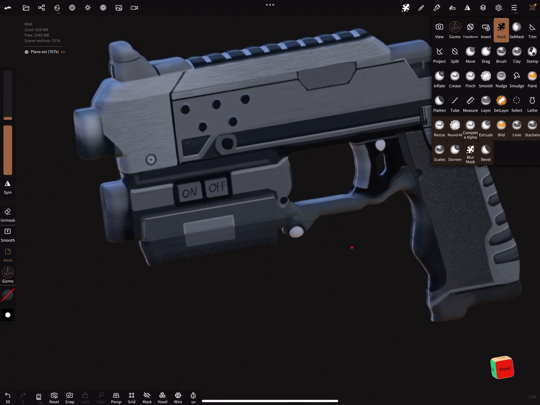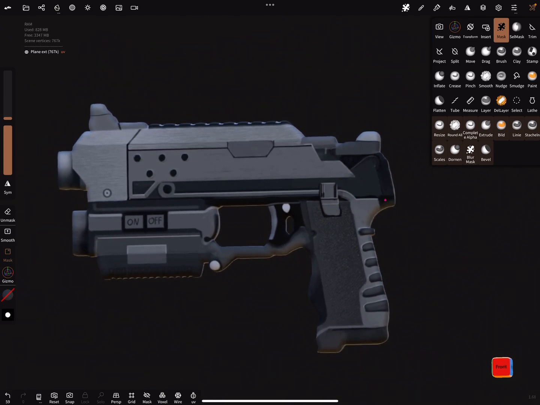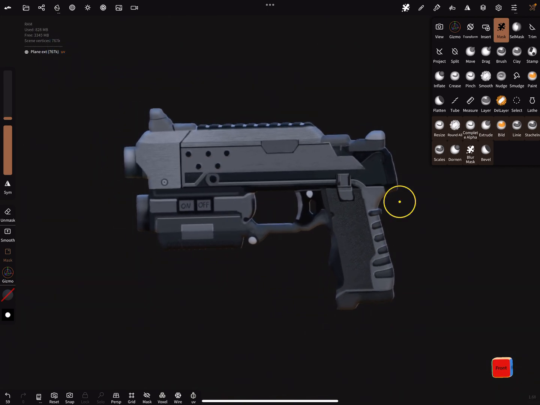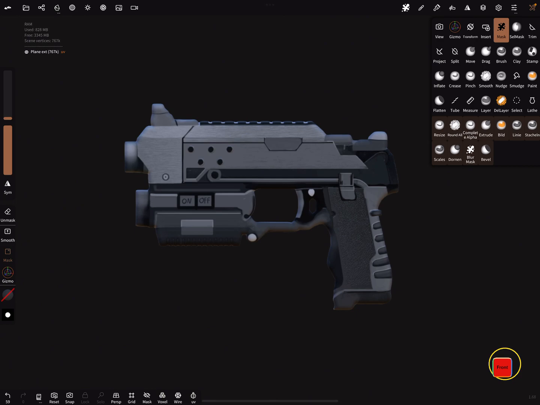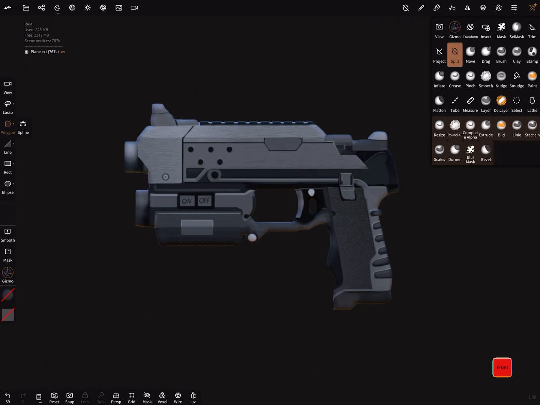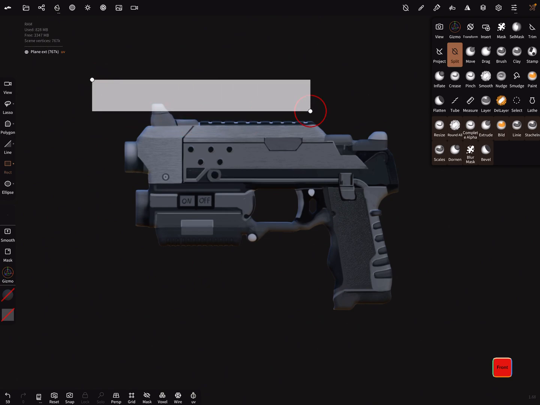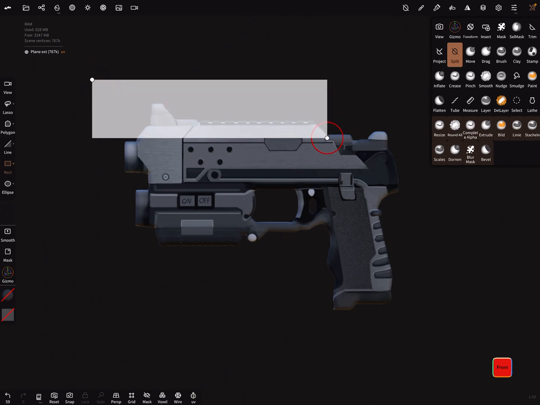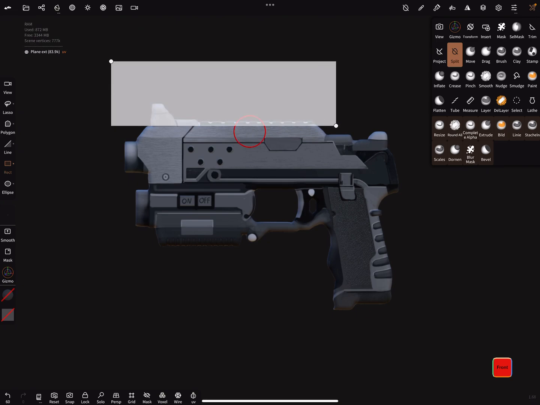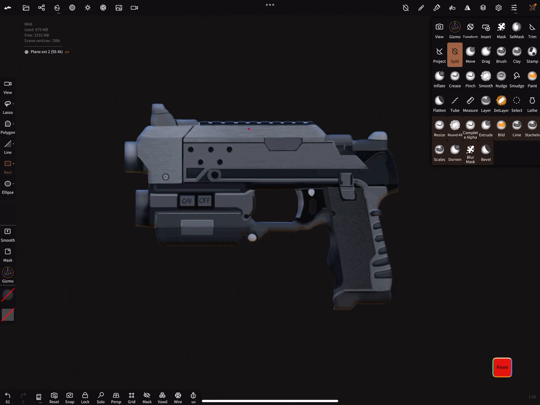And the next thing is you can split the mesh. Where's a good split? Yeah, let's split here in the split settings. Fill holes is active, and use rectangular and split now, for example, this part away. Select this one and you can split this again. And the middle part,